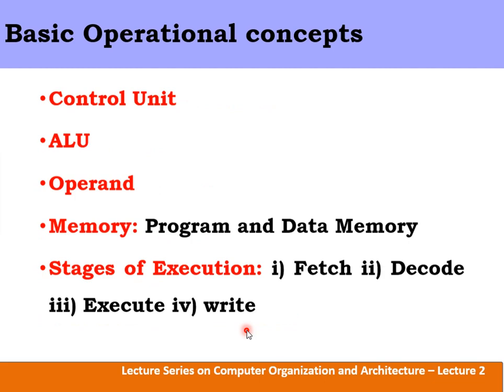Now we'll move to the control unit. Here we have one more unit available in a processor, the control unit. The control unit is used to generate the control signals. What kind of control signal is it going to generate? It might generate a read signal or a write signal. Read and write signals are the control signals required whenever we want to perform any read operation or write operation. Now, what is this read operation or write operation?